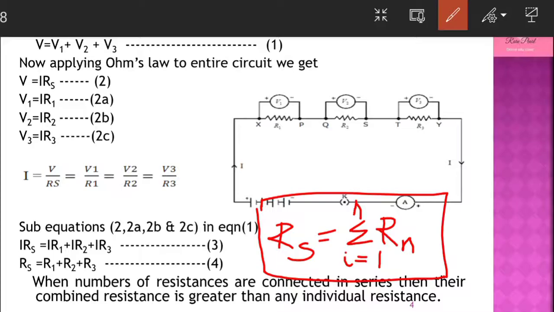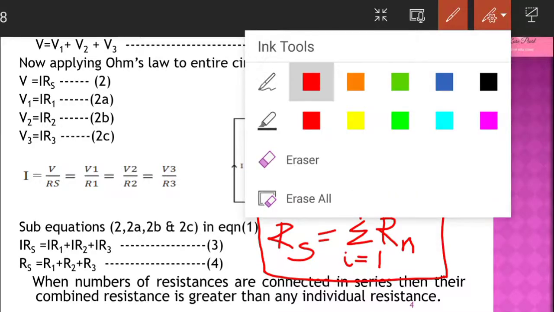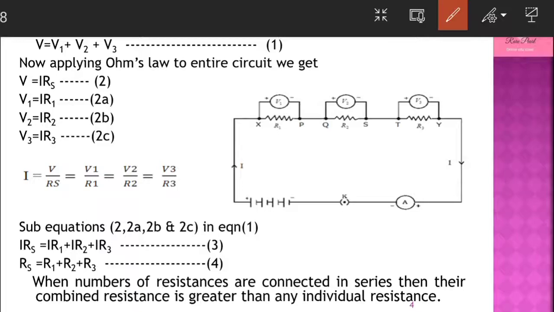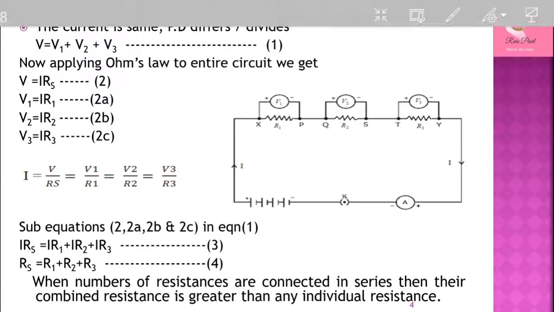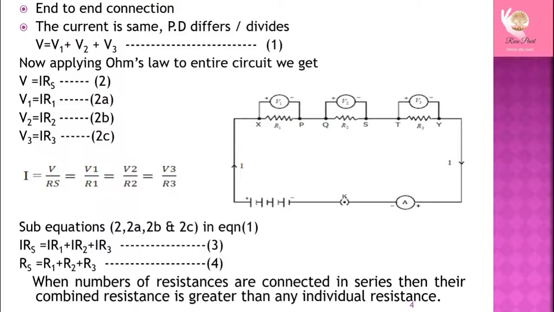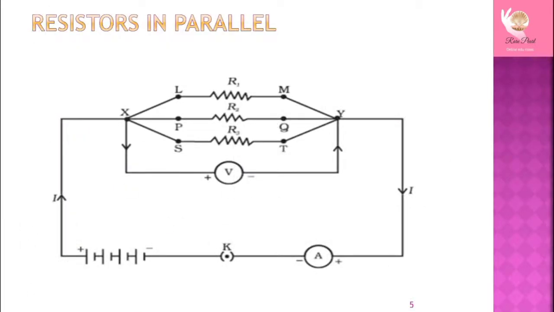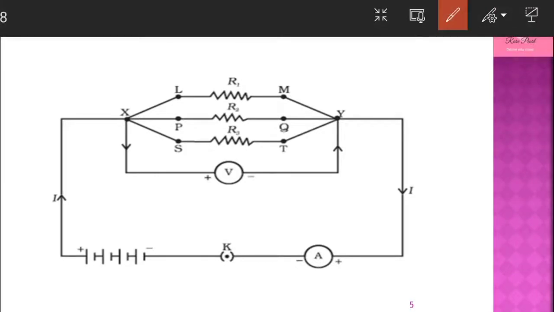So now we will move on to the next combination. What is the next combination? Parallel combination. So in this parallel combination, we have the resistors connected in parallel. What is parallel? They are connected across the two ends. See how they are? You know parallel lines? You would have studied parallel lines in mathematics. The same way here,